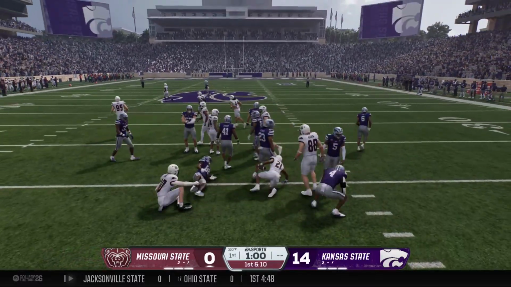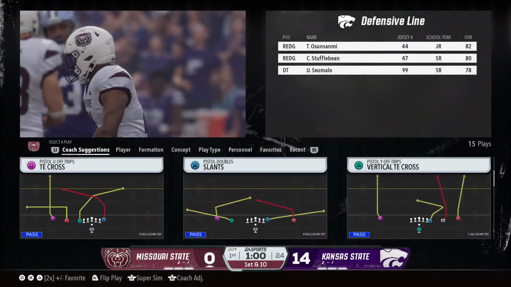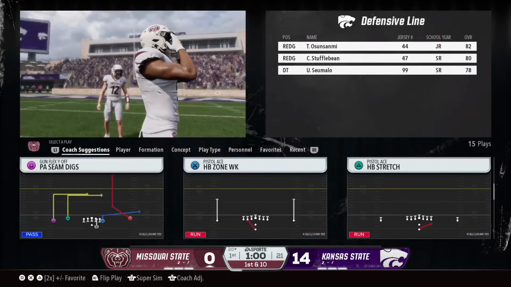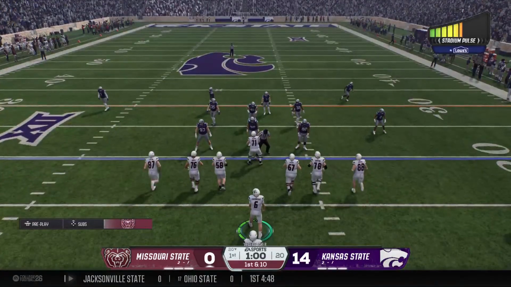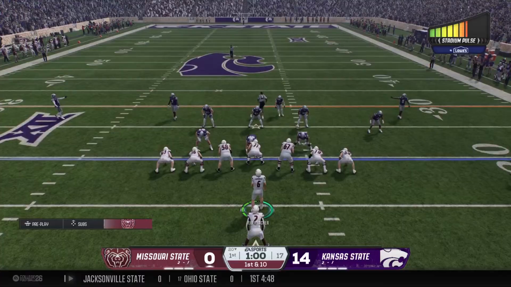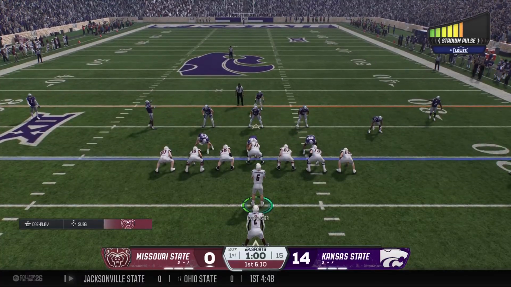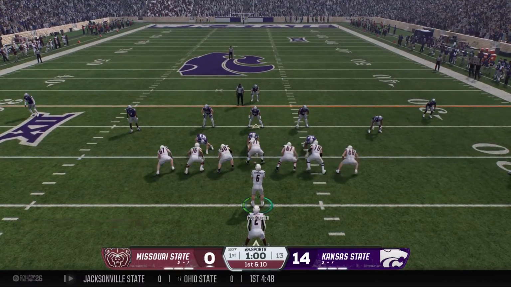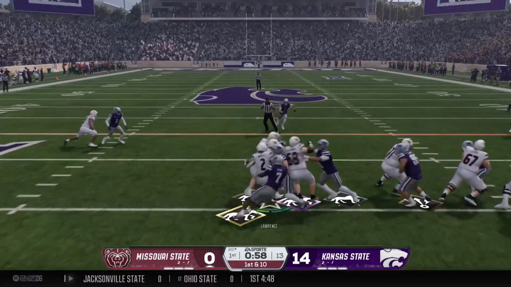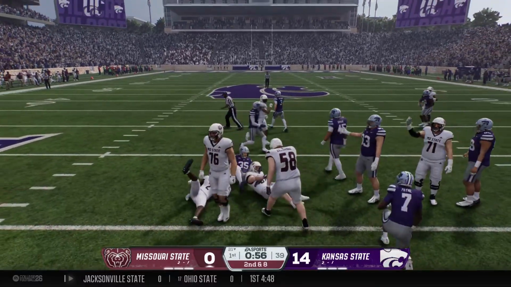He was hoping for something a little more dynamic, but they get him on the ground at the 20. So here comes the Missouri State offense. To say this has been a slow start is a bit of an understatement, and they really need to get it going here, Jesse. That's right. The opponent, they're firing on all cylinders right out of the gate.